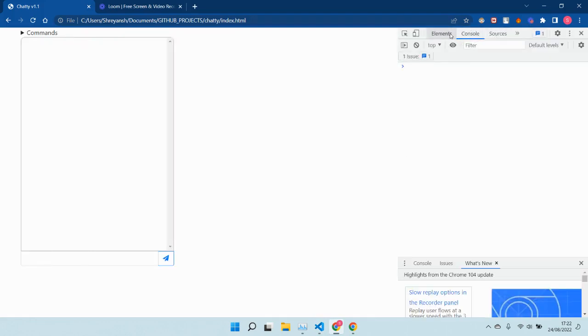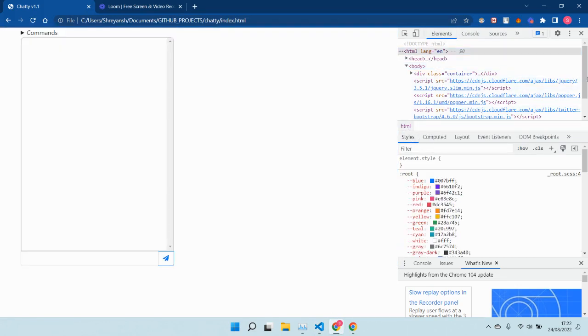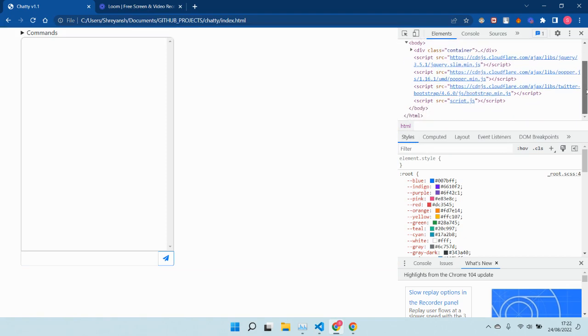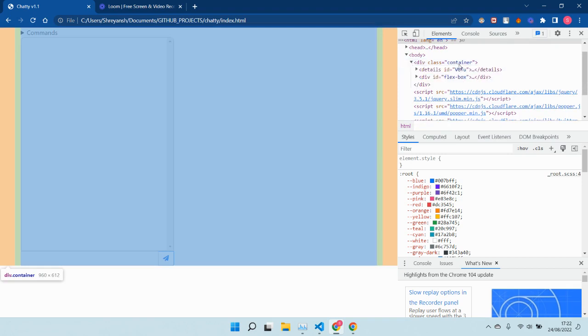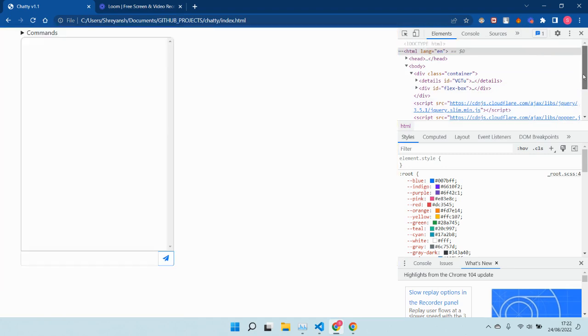So Control Shift J, let's inspect the page, and let's go to Elements and HTML. So you go down and scroll up for what you need. Yeah, the div class container. The container is literally the place where you store your elements. It's not normal HTML, but let's focus on that. Why is it called container, and why is it so large? The thing we did over here is probably what you call